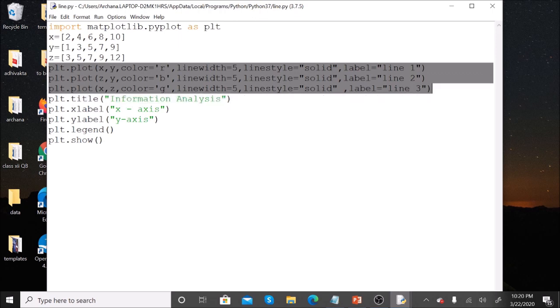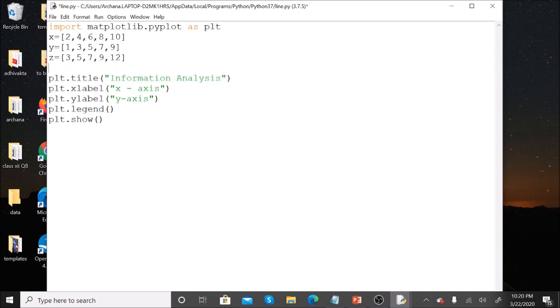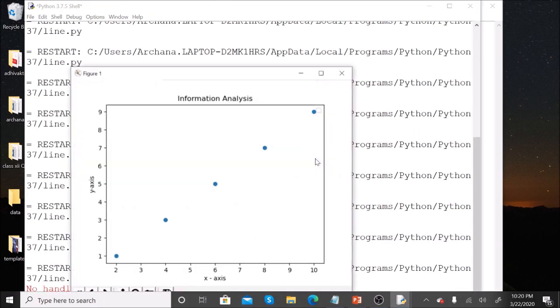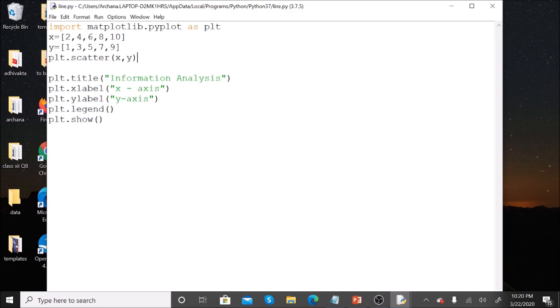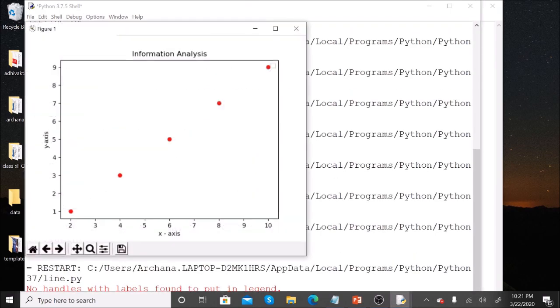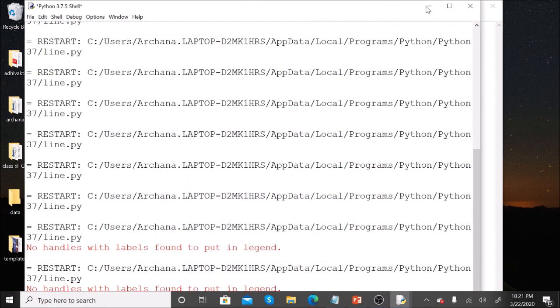Now we will see how to plot a scatter chart. For the scatter chart, you will not use a line graph. Instead, we only plot the points using the scatter method. For generating a line, we use plot. For generating a scatter graph, we use the scatter method. We can see here only the points. There is no line joining these points. We can change the color of these markers. Let the marker color be red. Yes, this is how we are able to generate the scatter graph.